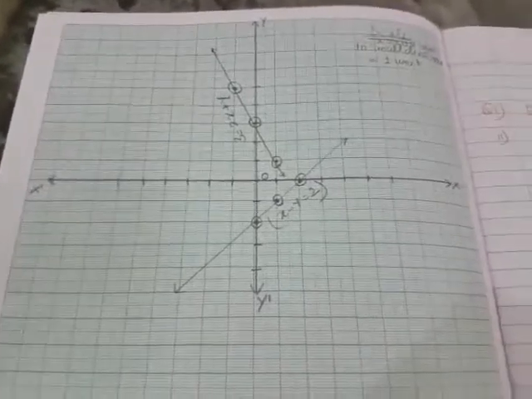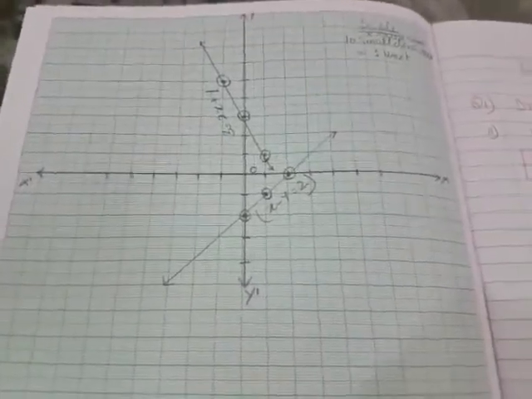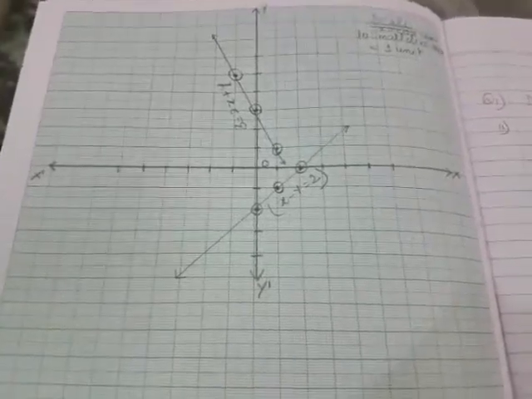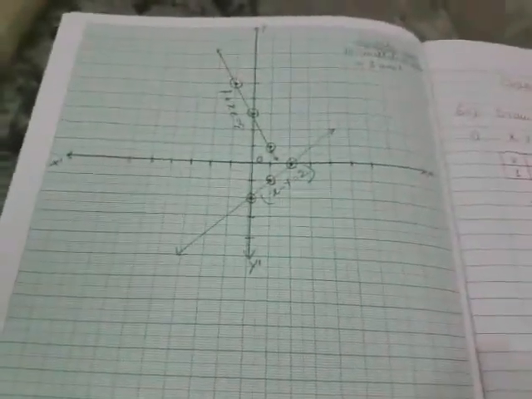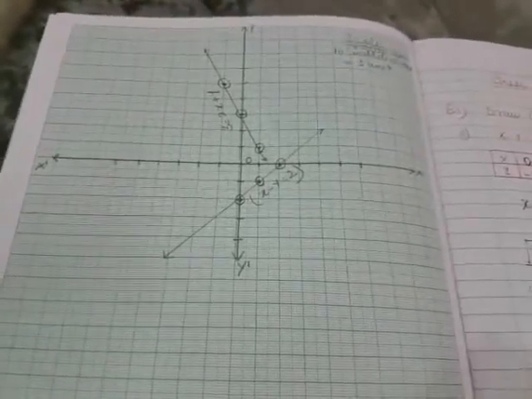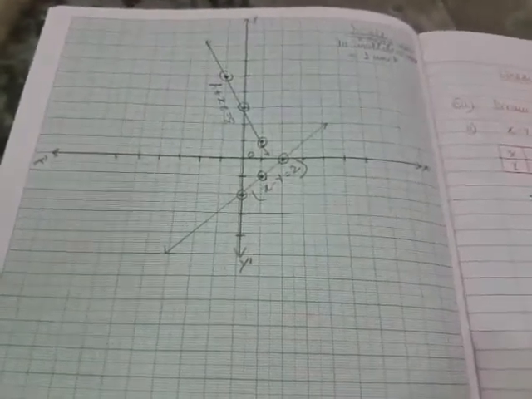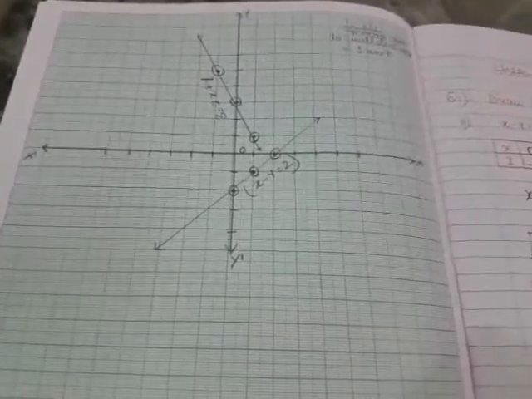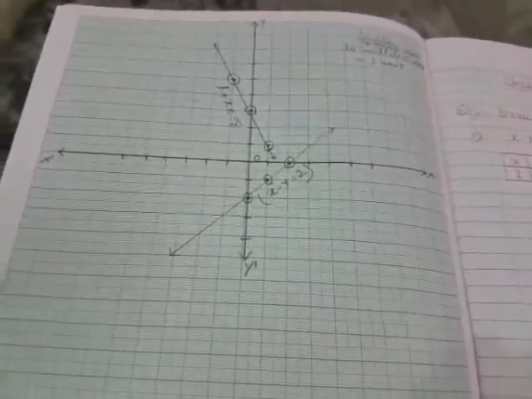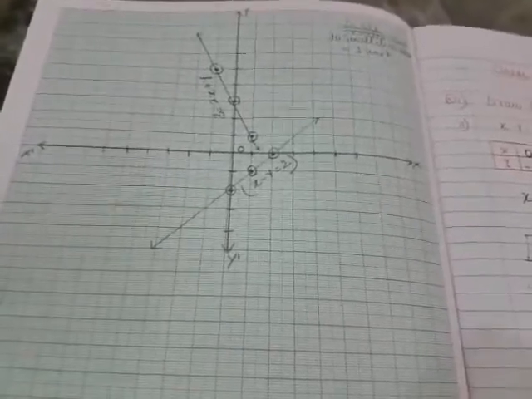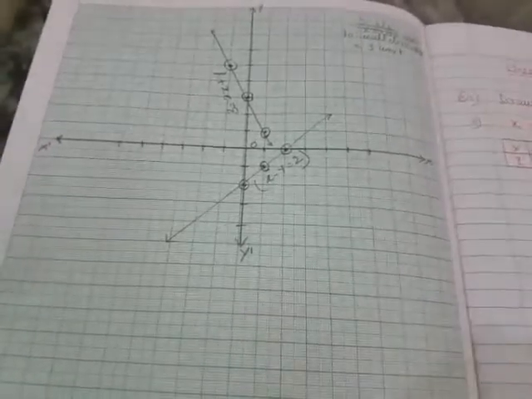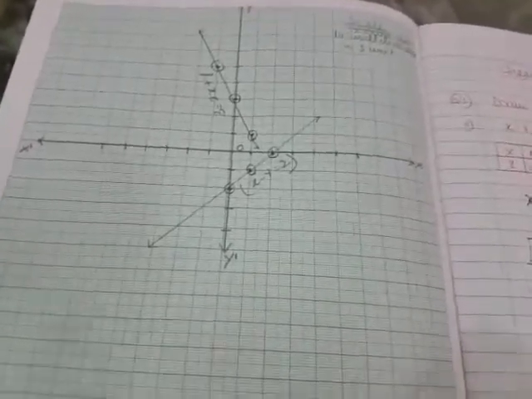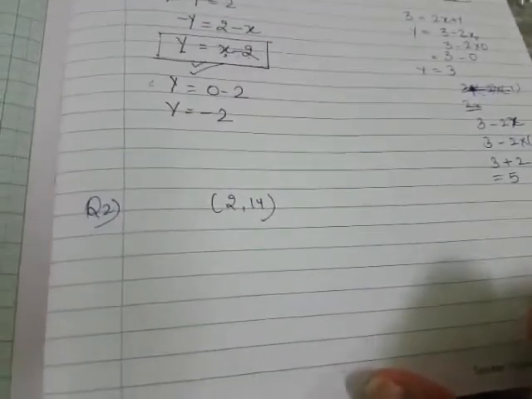First you have to convert the equation in the form of y, then you have to take minimum 3 values, and then after taking out the values you have to consider these values as coordinate points and then plot these coordinate points on your Cartesian plane and join, and all the linear equations will show you straight lines on the graph. Fine. Clear? I think it's not difficult, it's very easy to draw the graph and very scoring also. Yes. Now let's move forward to the next question of this exercise.